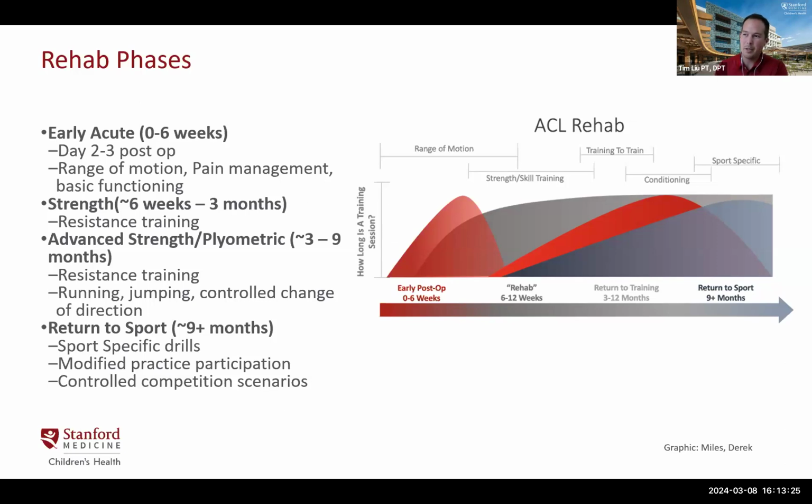functioning. Kids may vary in terms of what they're able to do at these points, whether or not they're on crutches or whether they're able to walk. If it's purely just an ACL reconstruction, a lot of times we're able to have kids walking maybe within that first week. If there are other things like Dr. Shea talked about in terms of meniscus repairs or other cartilage considerations, there may be a time period where they're not walking and they have to kind of figure out how to get around on crutches and doing some of